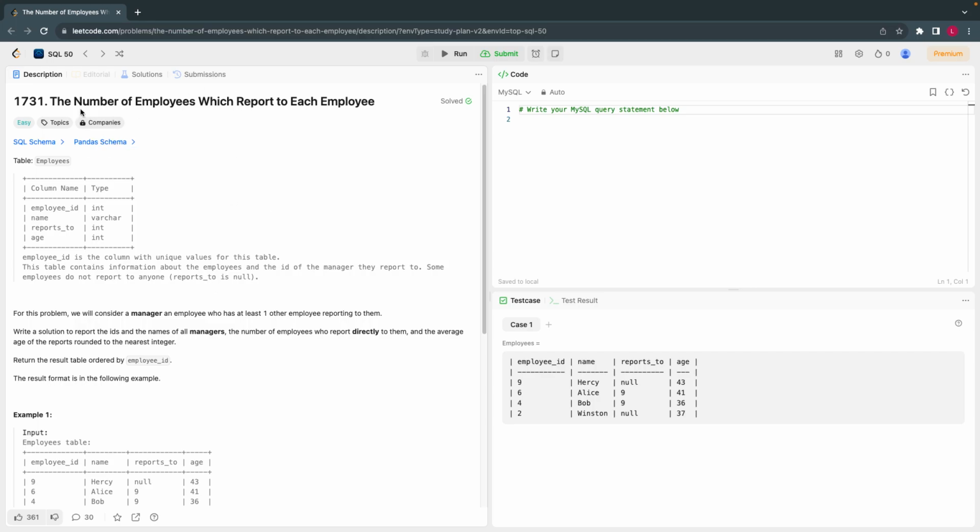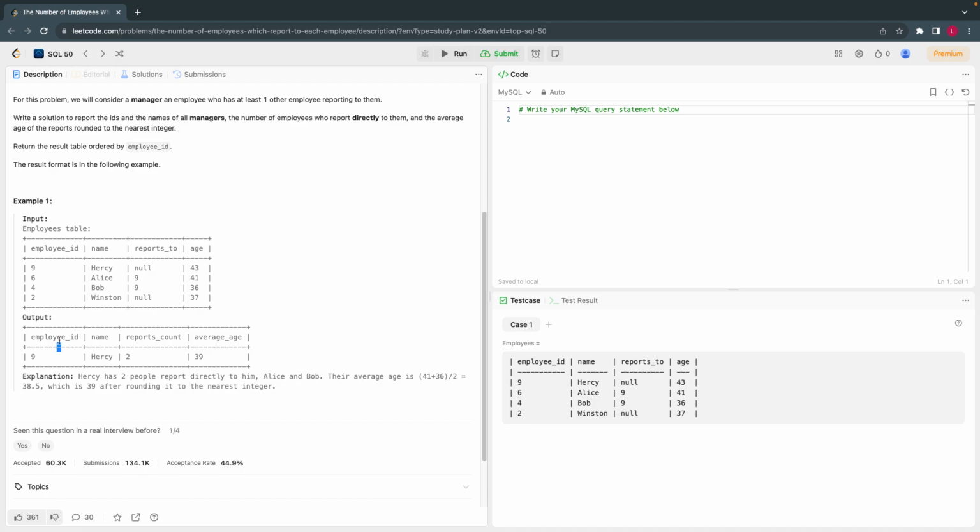So the problem is we have to find out the number of employees which report to each employee from an employee table. To summarize this, basically we have to find out the number of people who report to each manager. Imagine there is a manager and we have to find out the number of people who report to him. This is one thing, and then the average age of the people who report to him. We have to find out the manager's ID, name, and how many people report to him